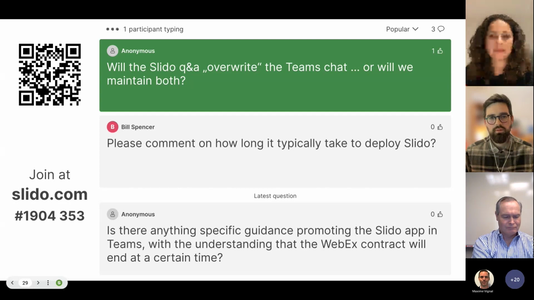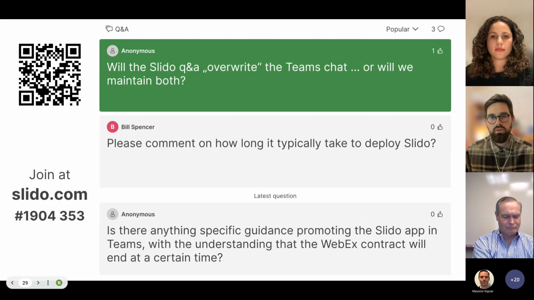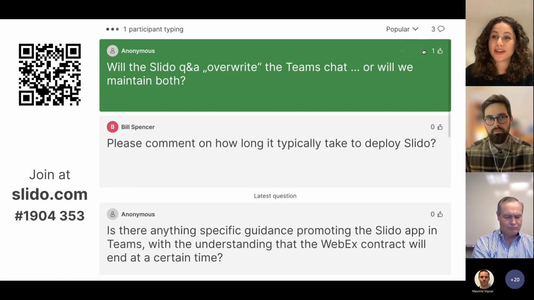Yeah. So if you put things into the chat, that's one channel. And if you ask through Slido, that's another channel. So that makes things a bit challenging for the organizers. Ideally, the advice in general we give is just use Slido or just use chat. Don't use both because it's difficult to keep track of both. Unless you've got a co-host, which I strongly recommend.